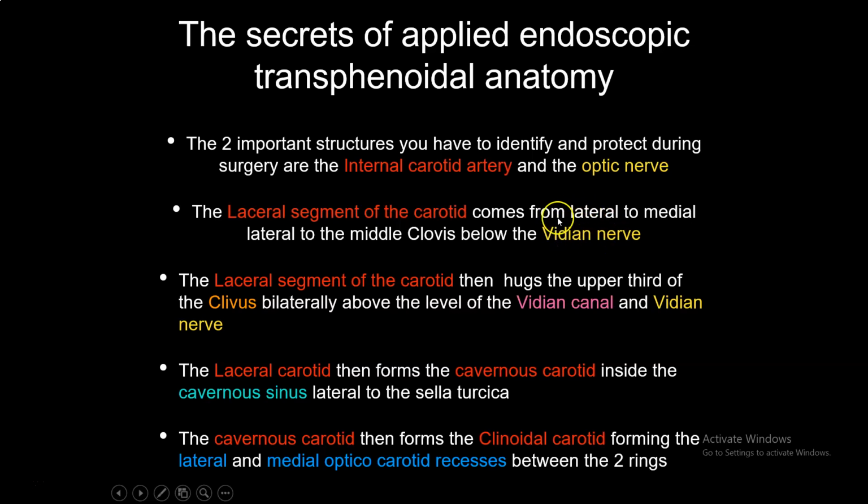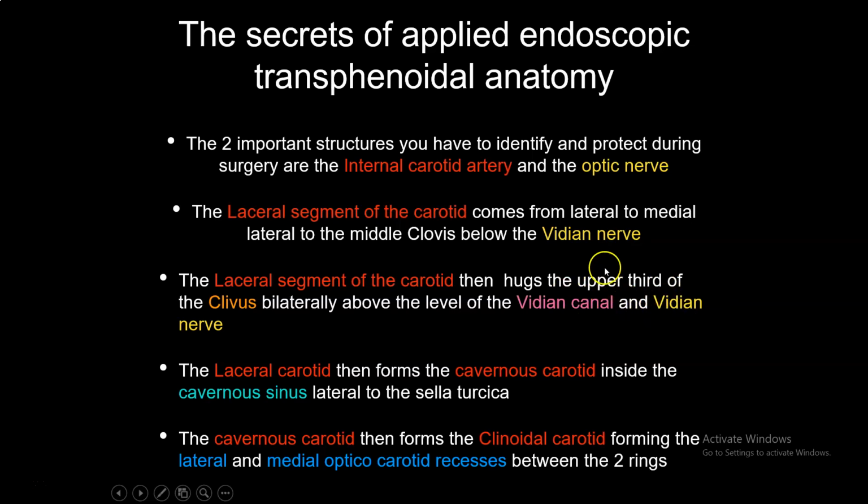It is formed by the union of the deep petrosal nerve and the greater superficial petrosal. If you injure the Vidian nerve, you can get a reduction in lacrimation, because it supplies the lacrimal gland with parasympathetic fibers. The lateral segment of the carotid then hugs, as we said, the upper third of the clivus bilaterally above the level of the Vidian canal and the Vidian nerve. So the Vidian nerve is a very important landmark